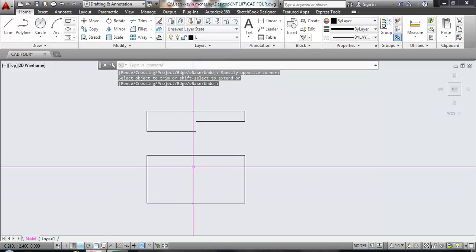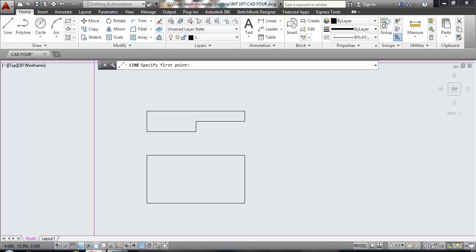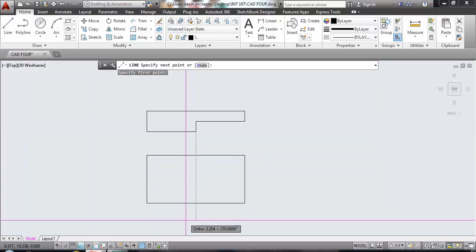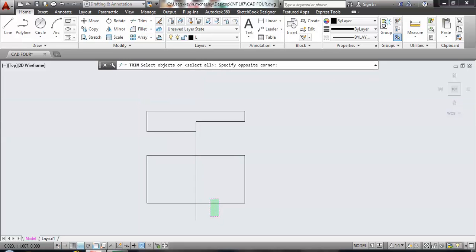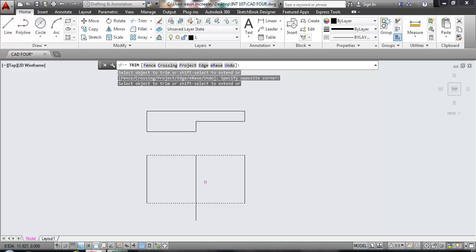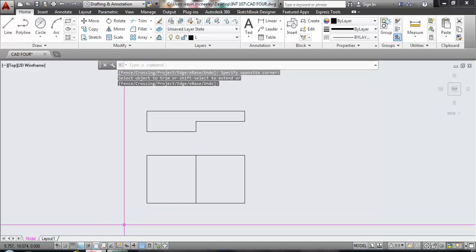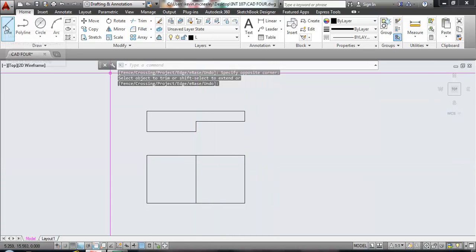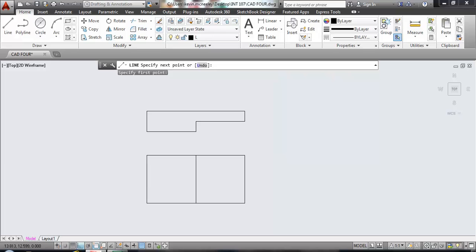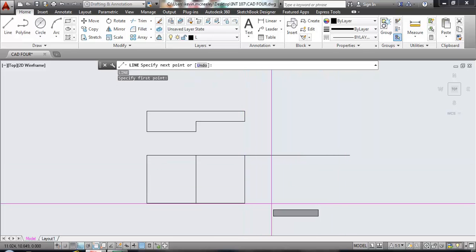Now I'm going to draw this line down. So I draw a line, end point here, just draw it down, and then trim it out. This is a bounding object, this is a bounding object. Enter. I don't want this or this. There's my front view. To draw the side view, draw a line, pick here, drag over, pick here, drag over,